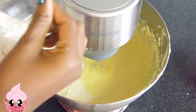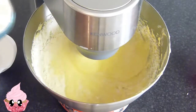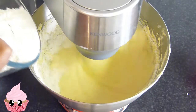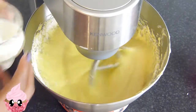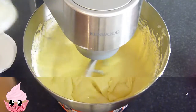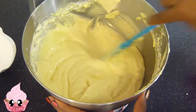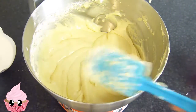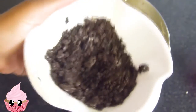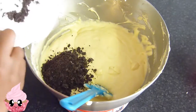Then I'm going to add in my self-raising flour bit by bit, and I'm going to be alternating this with my 3 tablespoons of milk. Once it's all nice and mixed in and everything's been added, then you're going to see that this batter will be really smooth. Now I'm going to crush up some Oreos and put them into my batter,